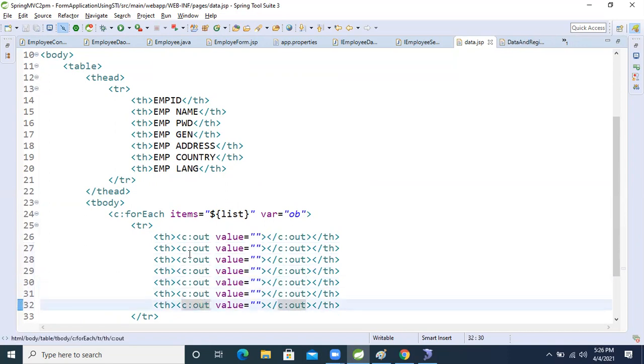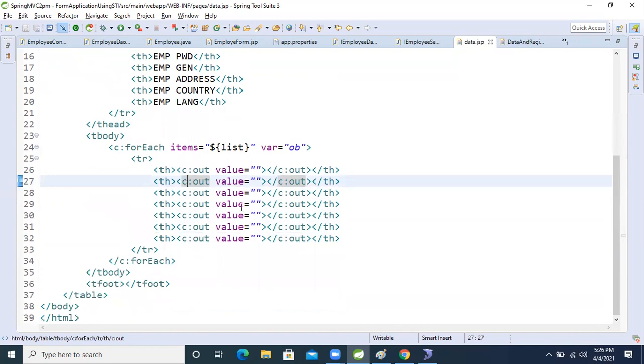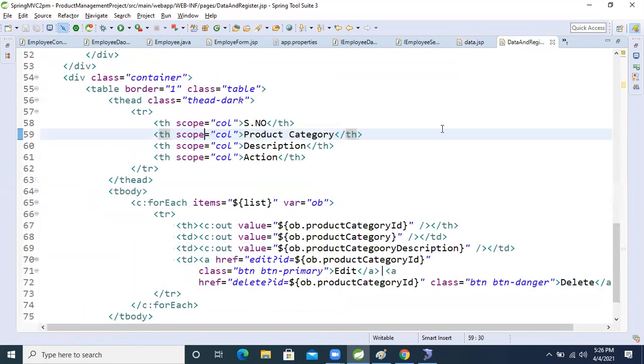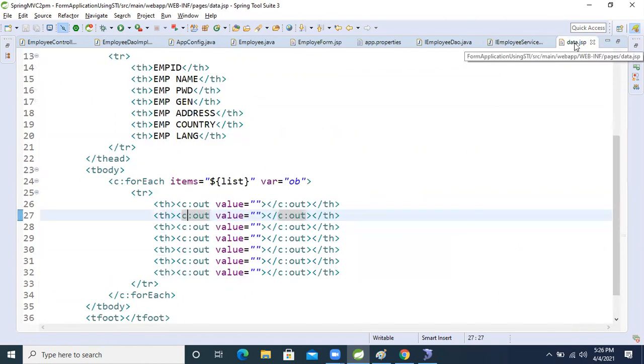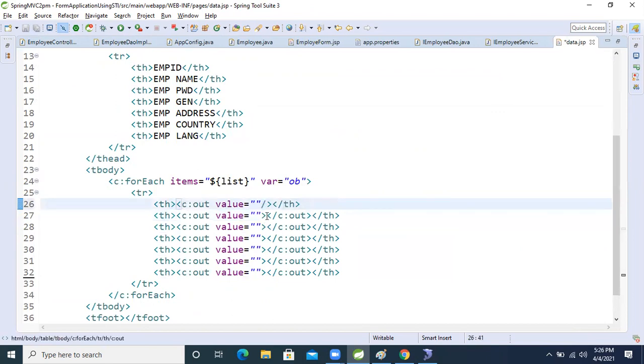Fine, guys. Inside that, I already implemented the same in the real time project, guys. Those things only I'm explaining. See, this is the real time project, right? Inside that, for each condition, how I used and how I took the TD and TH, all those things. The same things only. So don't worry about that. I will give that good subject to you people. Here we just close it, all those things.